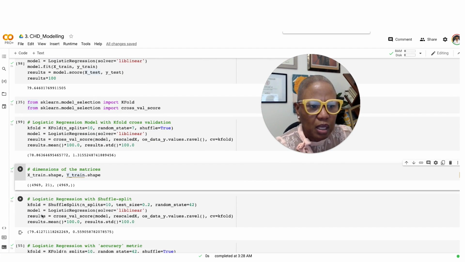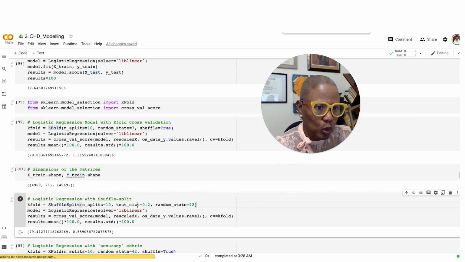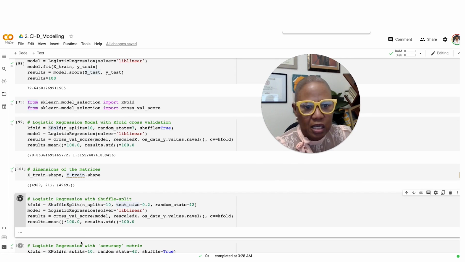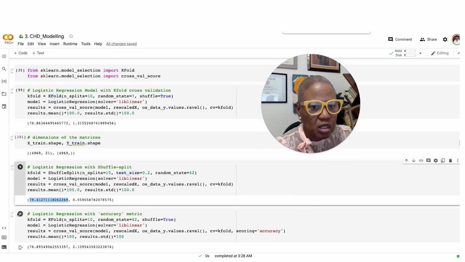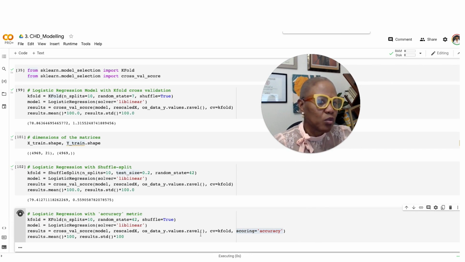So now again we are going to do a shuffle split instead of the k-folds this time, and I did actually run that and did not get anything different as far as these models are concerned. Here I'm using the scoring method as accuracy as opposed to the default,